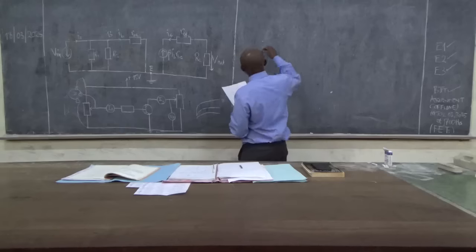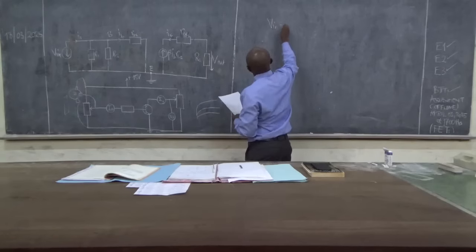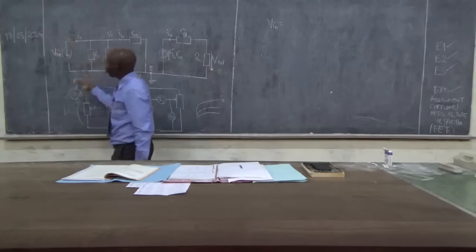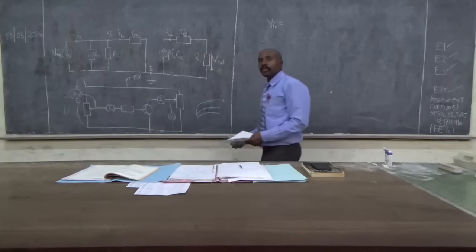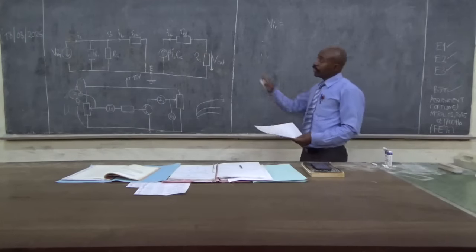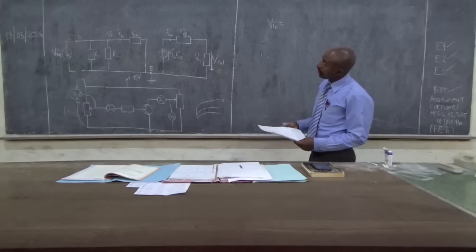Now V is equal to, according to this circuit, what would be V in as a voltage source? The V is the same as the